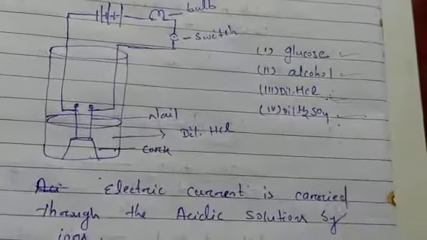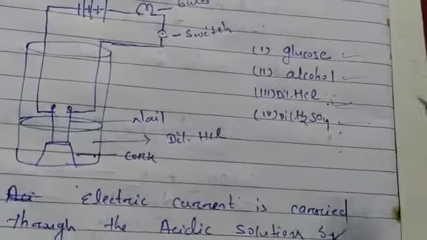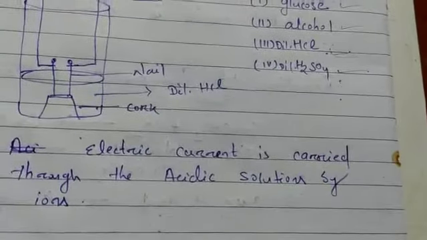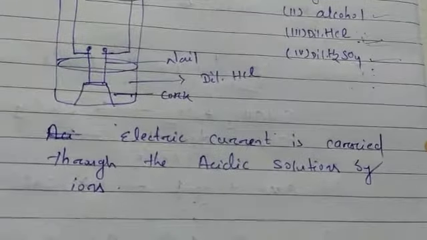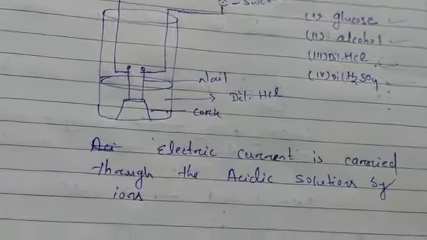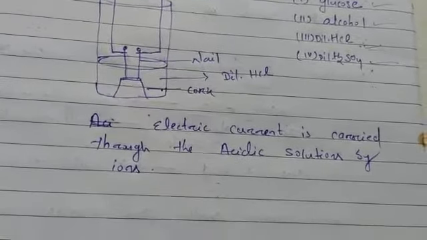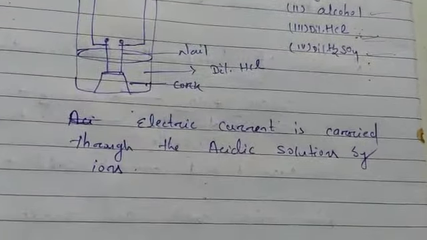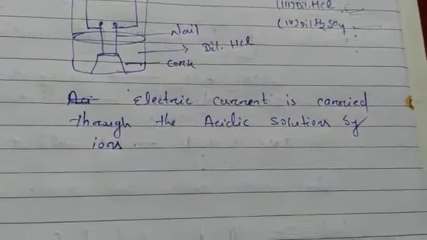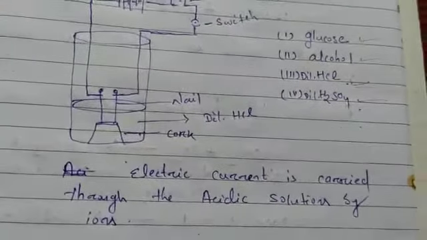All the acids have a common ion: HCl gives H plus and Cl minus, H2SO4 gives H plus and SO4 double minus, CH3COOH gives H plus and CH3COO minus, HNO3 gives H plus and NO3 minus. You might have observed that in all the acids, the cation present is the H plus ion, the hydrogen ion, and the anions are Cl minus or NO3 minus or SO4 double minus. The anions differ, but the cation is common, that is H plus.